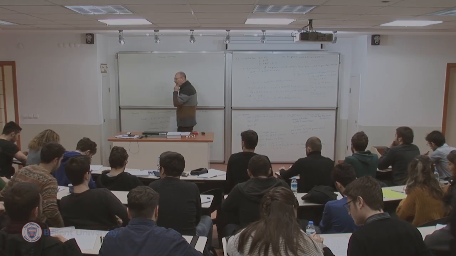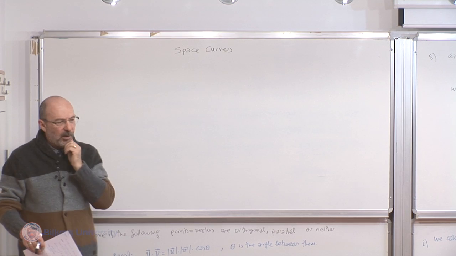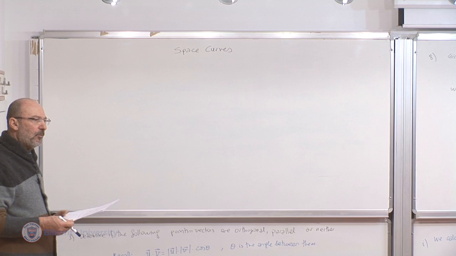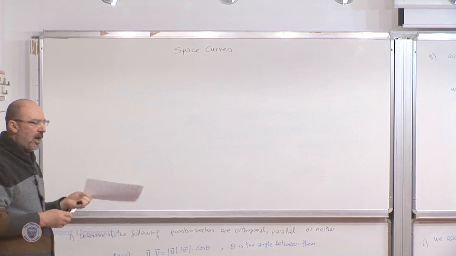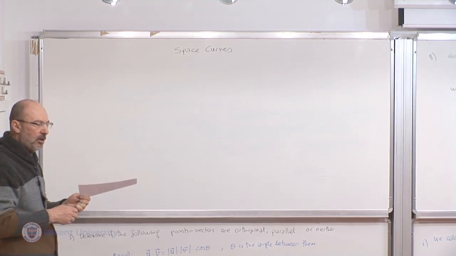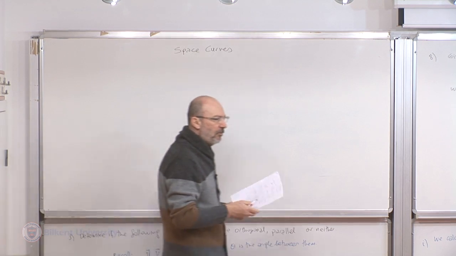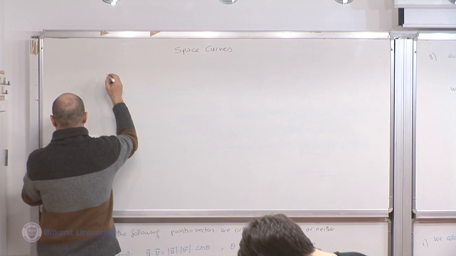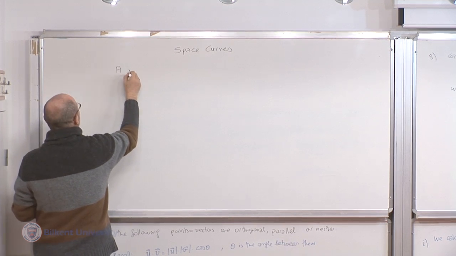Okay, so now we pass to another part of this chapter. We will also use space curves, their arc length, etc. at some points. So we review some of the fundamental properties. Okay, so a parametric curve